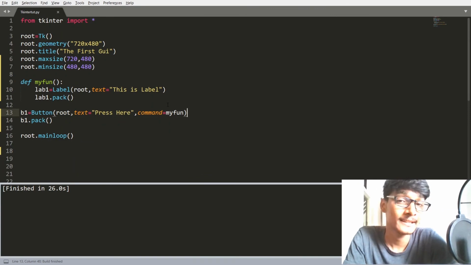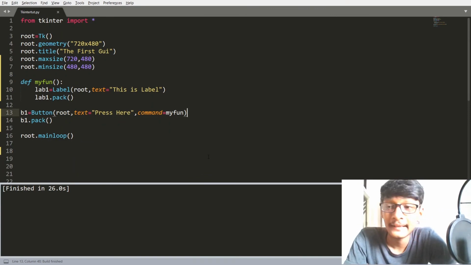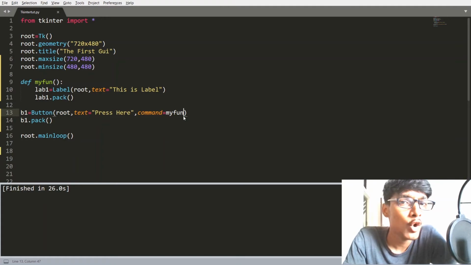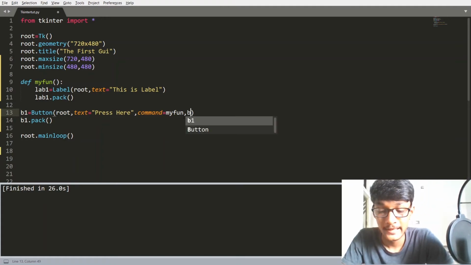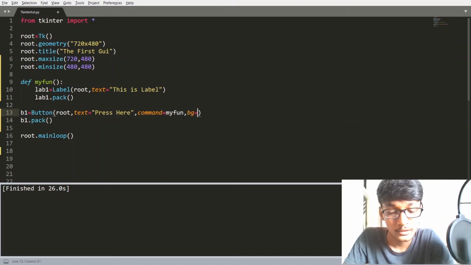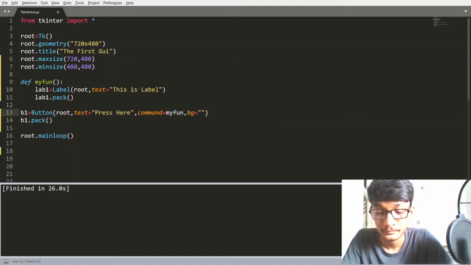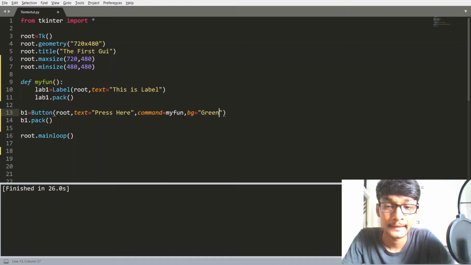So that's it. You can create any type of functionality in your function, and after that you can use that functionality in your GUI. You can use all these attributes in our button too. Here I am going to change the background color of our button. Let's say I am going to do green.